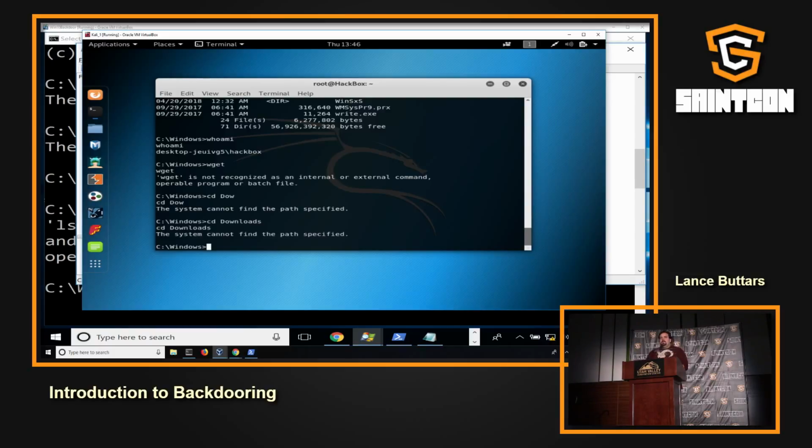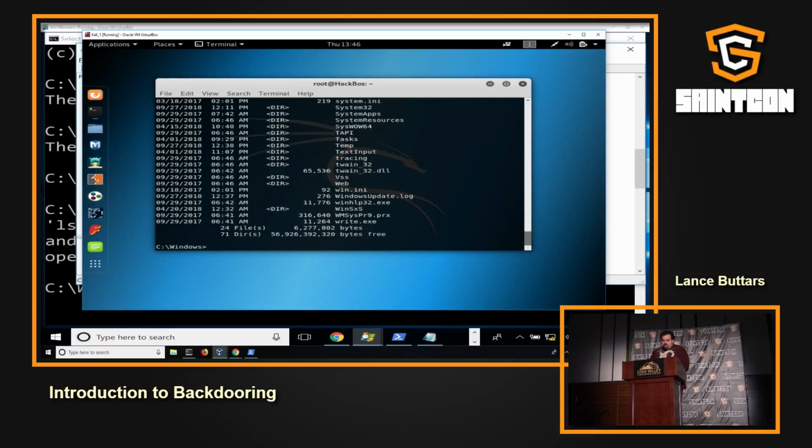Shells are very different from terminals. Like you have tab in terminals, you have all these features built in. But when you have a really primitive shell, you lose all of that. So it can get a little bit weird when you're trying to find stuff. If you don't know the pathing directly off the top of your head, you've got to type it in. It won't tab out and do all this special stuff for you. But let's just drop